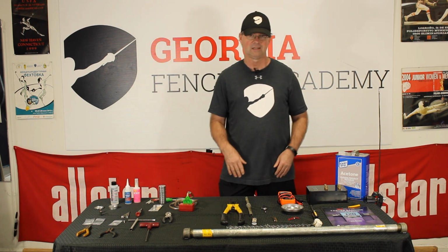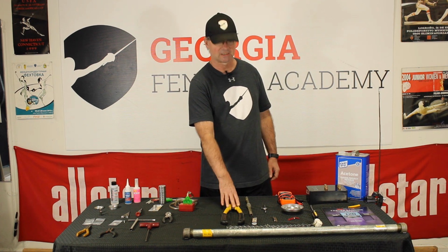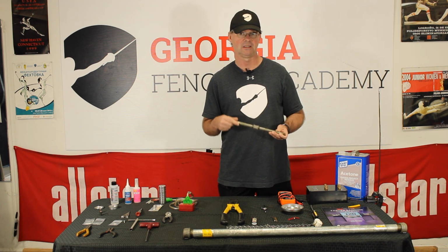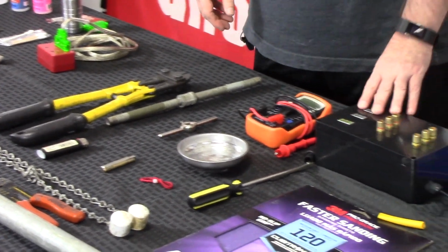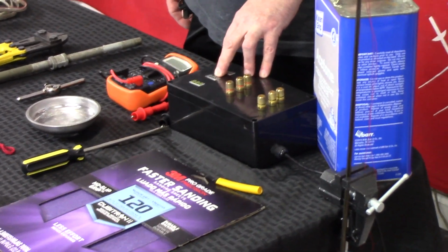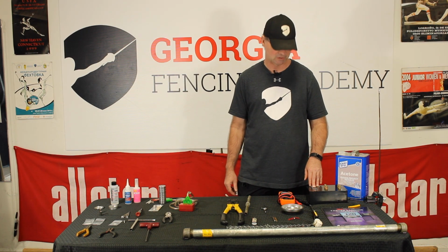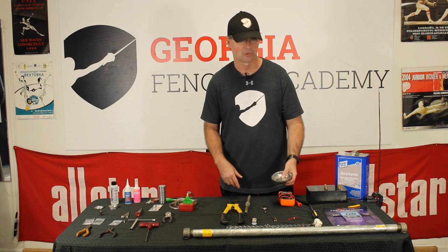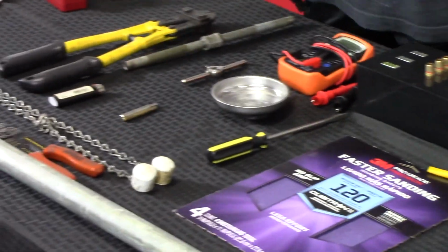Now for home, whenever you're putting a weapon together or doing some heavy maintenance on the weapon: bolt cutters to cut down tangs, a piece of pipe here to basically bend or cant a weapon, a voltmeter for connectivity. This is a body wire or body cord tester that Houston built to test connectivity for A, B, and C channels. A nice magnetic tray for holding larger parts, a larger screwdriver for socket posts,